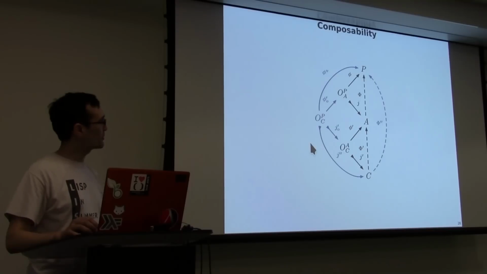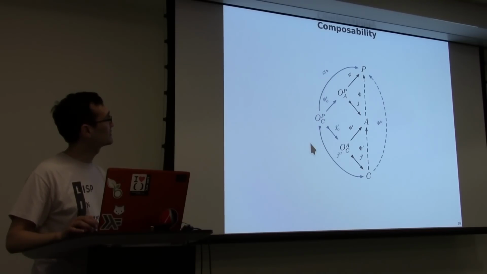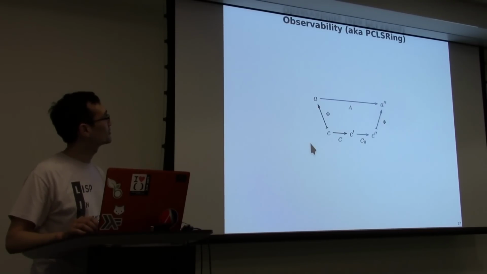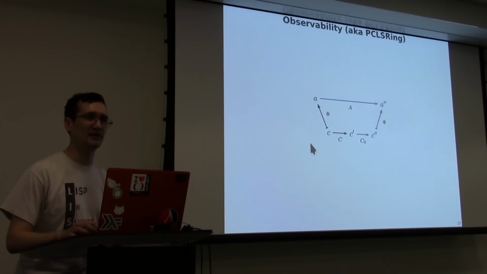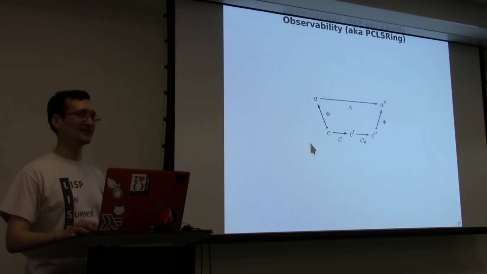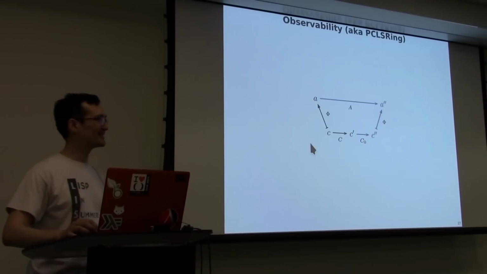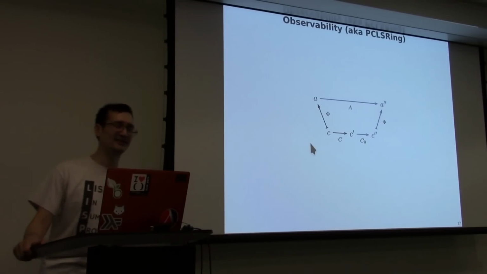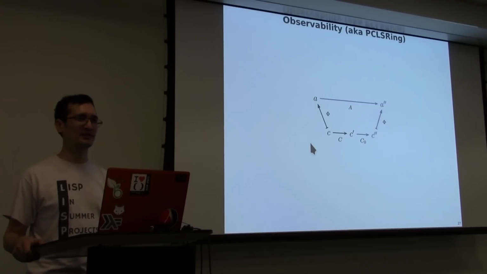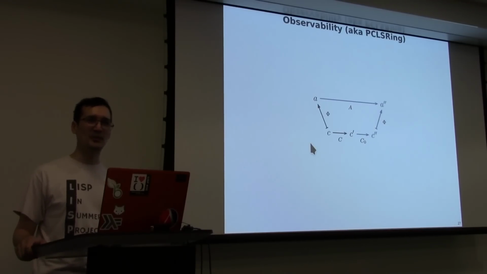Well, okay. But the property I was thinking of that you don't get is what I call observability or PC losering. So who here has read the article about PC losering by Alan Bawden? Good. You might want to expand PCLSR. Okay, PCLSR. Okay, so back in the 70s at MIT, there was an operating system called ITS, the Incompatible Time